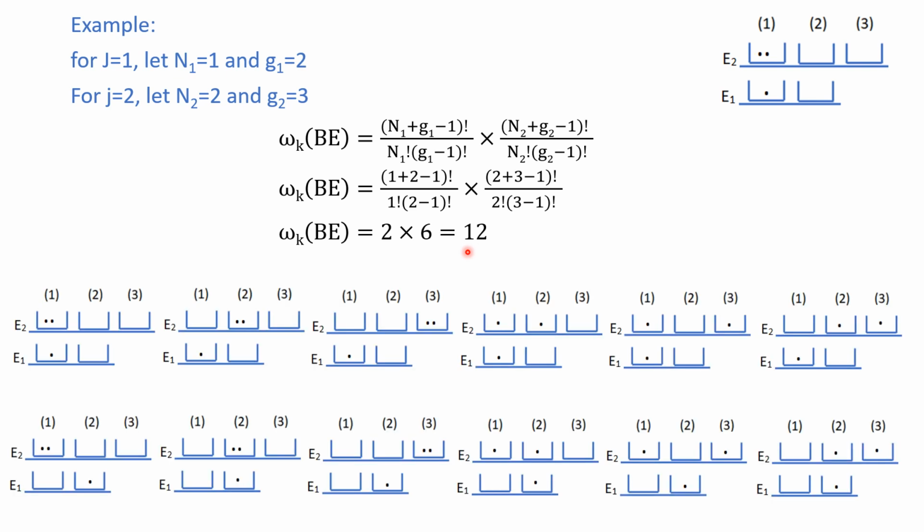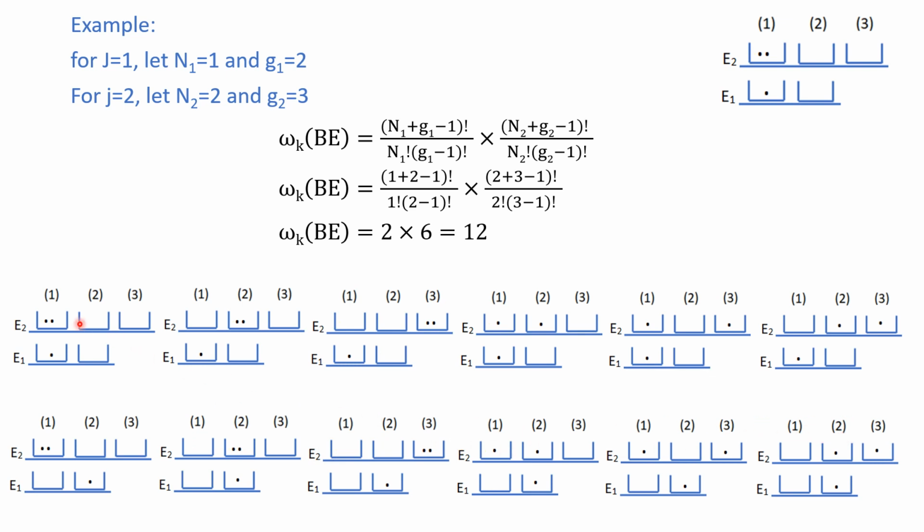Now, how can we obtain these 12 different microstates? For example, in the first level, you can put one particle in the energy state 1, and then in the second level, you can put both the particles in energy state 2. Similarly, here you can have 6 different possibilities for the same microstate of the energy level E1. Now you can change this particle to here. So in the second case, we put the particle in the energy state 2. So again, for this single microstate, we have 6 microstates of the level E2.